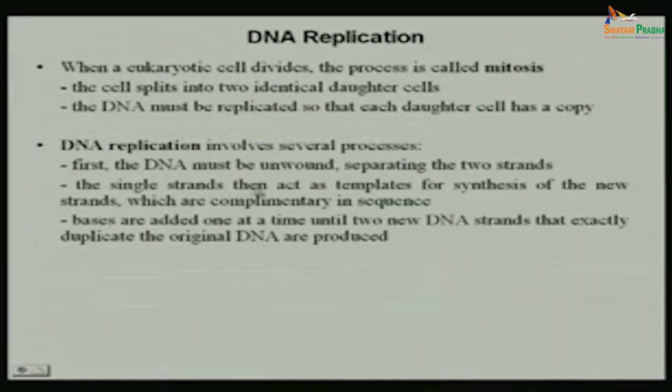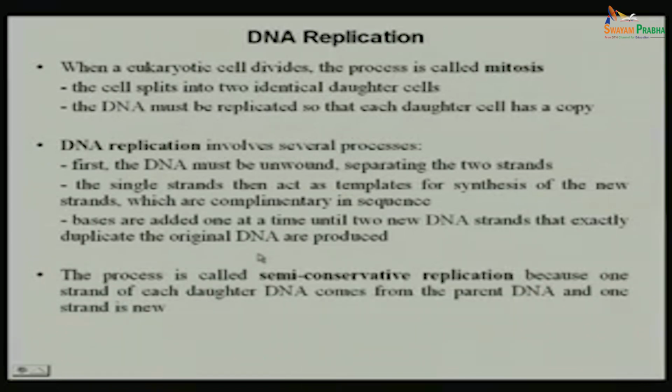The single strands then act as a template for synthesis of the new strand, which are complementary in sequence. The bases are added one at a time until the two new strands are formed that exactly duplicate the original DNA. The process is called semi-conservative type of DNA replication, because one strand of each daughter DNA comes from the parent DNA and one strand is synthesized